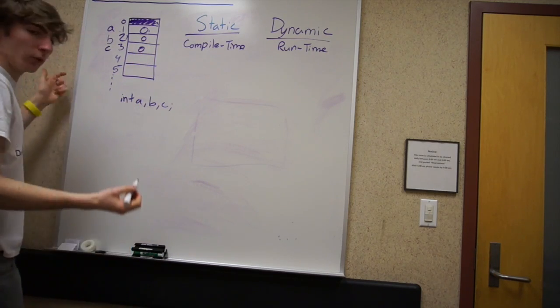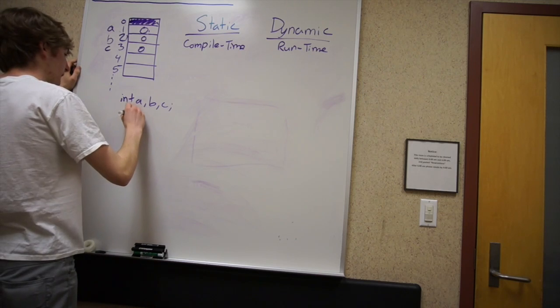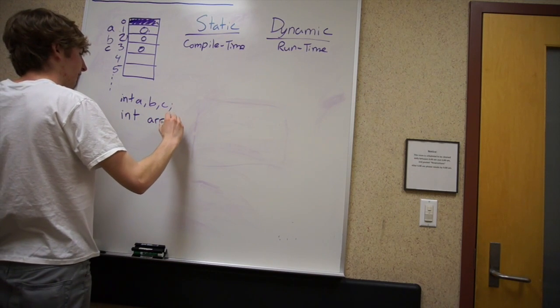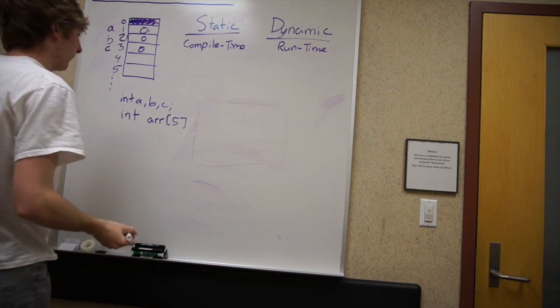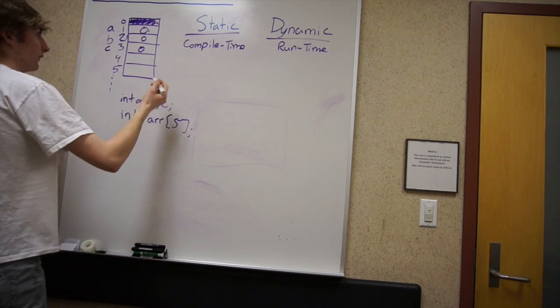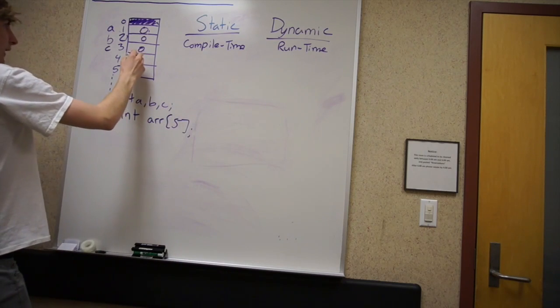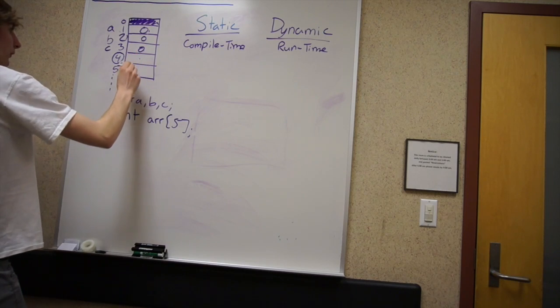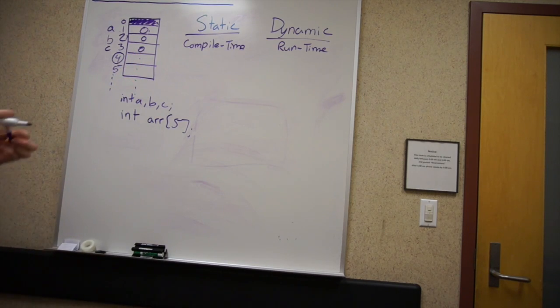Now, this also works well if you want an array of integers. Let's say I want an integer array of 5 integers. Remember, an array is just a pointer. So if you have, for instance, let's say it starts here, r would be equal to 4, and then you'd have your 1, 2, 3, 4, 5 bits of data.